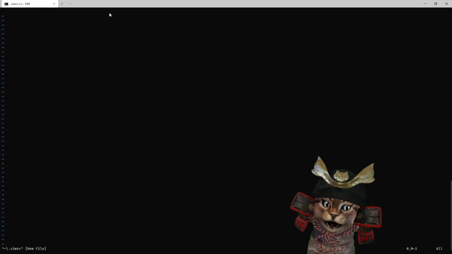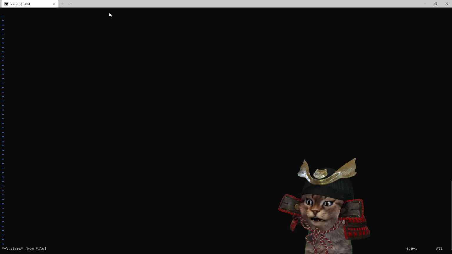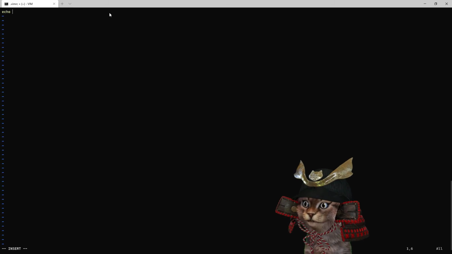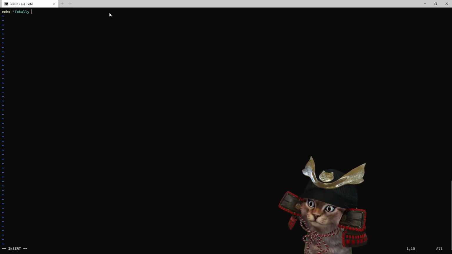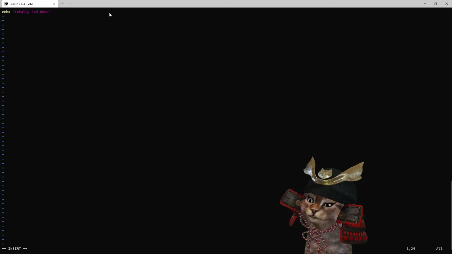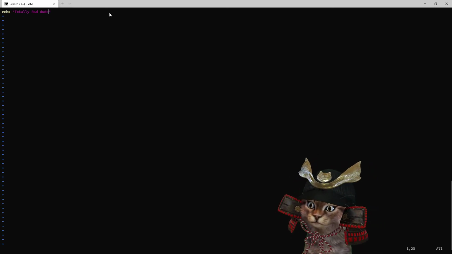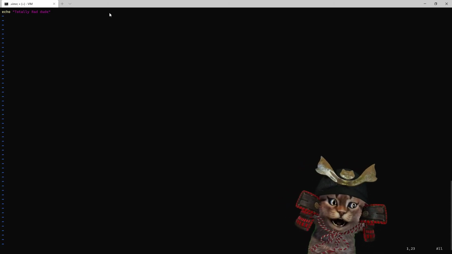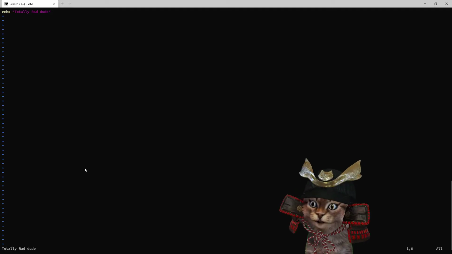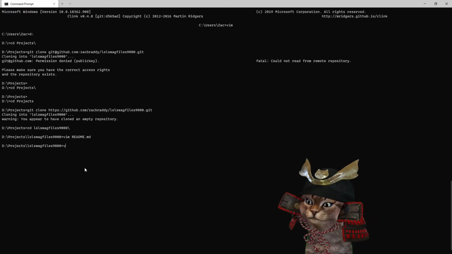Now I've created a vimrc file in here, and I can test this out by pressing I to go into insert mode, and then doing something like echo totally rad dude. I'm going to fix that JK thing in a minute. The vimrc is where you set up all the settings for Vim. It basically runs all these commands when Vim opens, so it should run echo totally rad dude. Then if we do :wq to write and quit, and then come back into Vim,